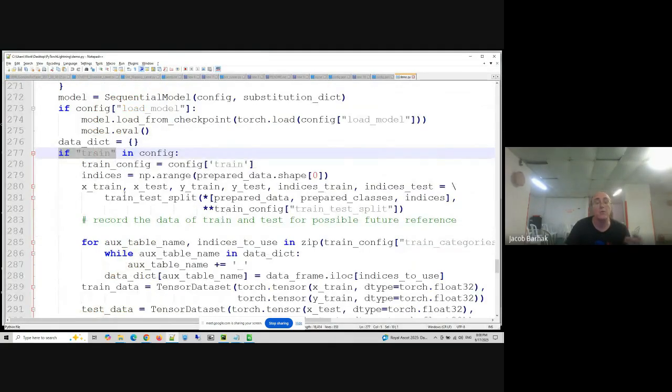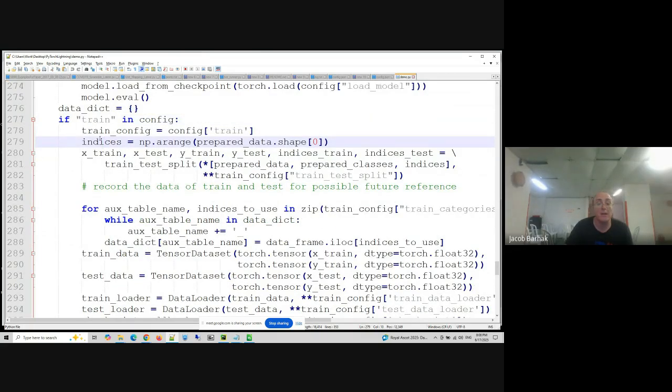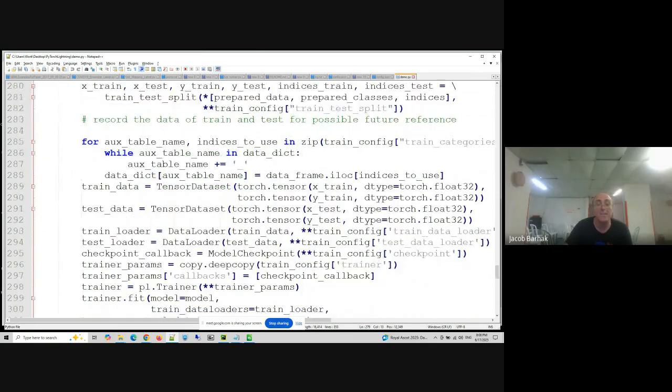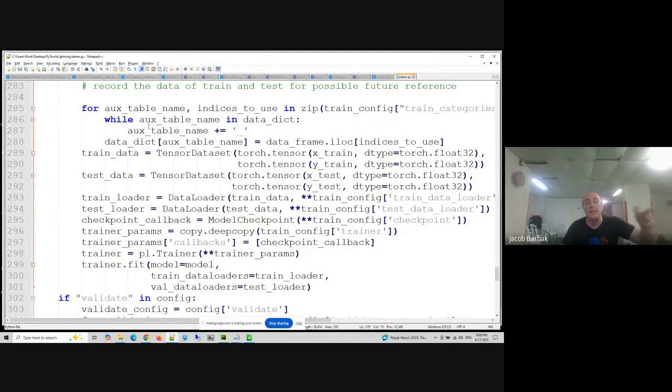So I will do the following. I'm going to get all of the data and split it into test and train data. Then I'm going to save the test data and the train data in the data dictionary for later use if I want to validate against it. Then I'm going to train and test the data. I create different tensors, and basically I'm going to create datasets that wrap all this data, which are tensors. So this is going to be automatic.